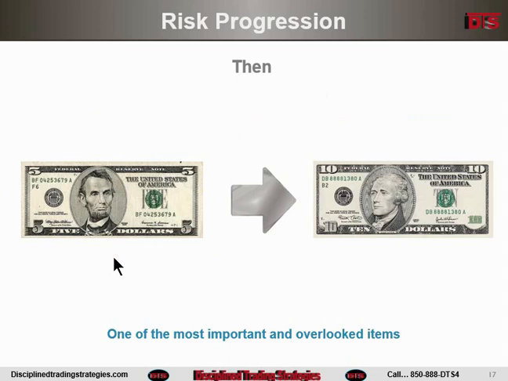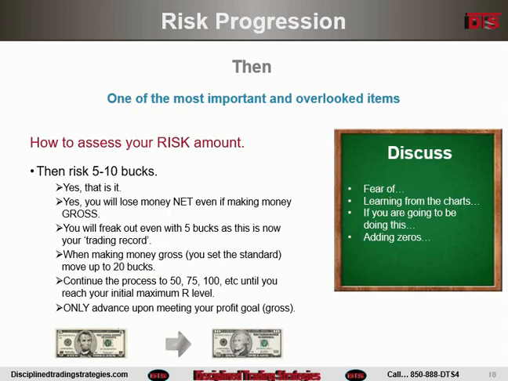Here are the advantages of this small risk progression, which is kind of what we're getting to tonight. Number one, we just talked about, fear of losing. The fear of losing is something that's always going to be with you. And the best way to counteract that is to build confidence. And to build confidence, you start off with paper trading and then the confidence to go to $5 and then